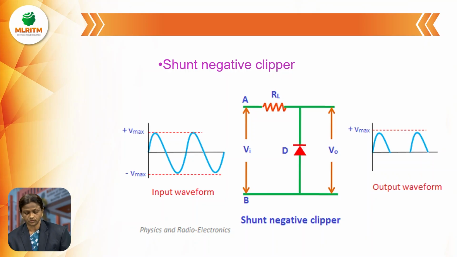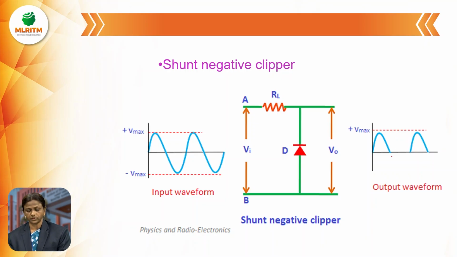Positive terminal is connected to cathode of diode D. Whenever positive terminal is connected to cathode, diode D is in reverse bias. Whenever diode D is in reverse bias, in shunt connection, you can get the corresponding output. So during the positive half cycle, you can get the corresponding output. There is no cutoff. There is no removable portion during the positive half cycle. So at the output side, we can get the total positive half cycle. That's why waveform will be like this.